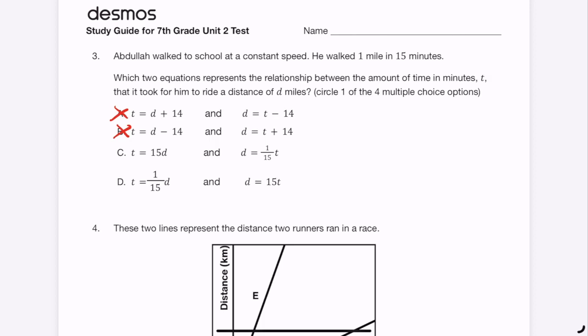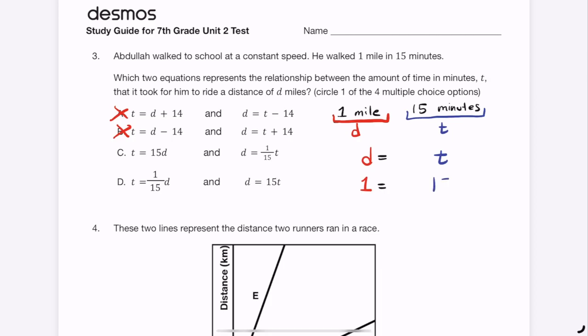So what I want to do is use what I was given. I was told that 1 mile took 15 minutes. In this 1 mile, that is my distance, that is D. And my 15 minutes, that's my time, T. So if I know my time, and I know in this case that's 15, and I want to figure out what my distance is, and I know in this case it's 1, I'm thinking like, okay, 1